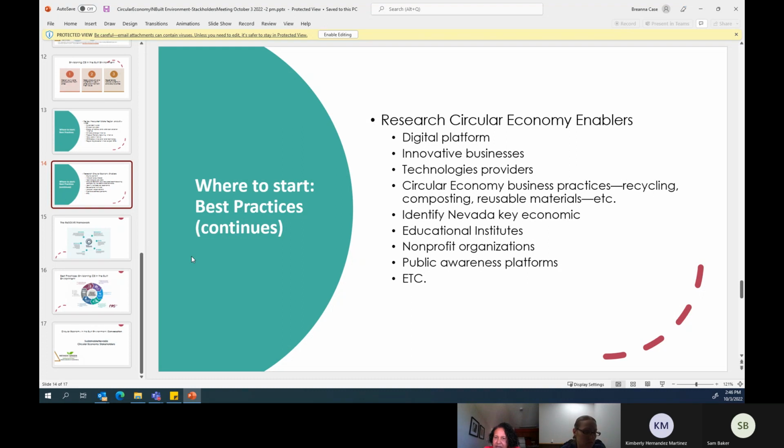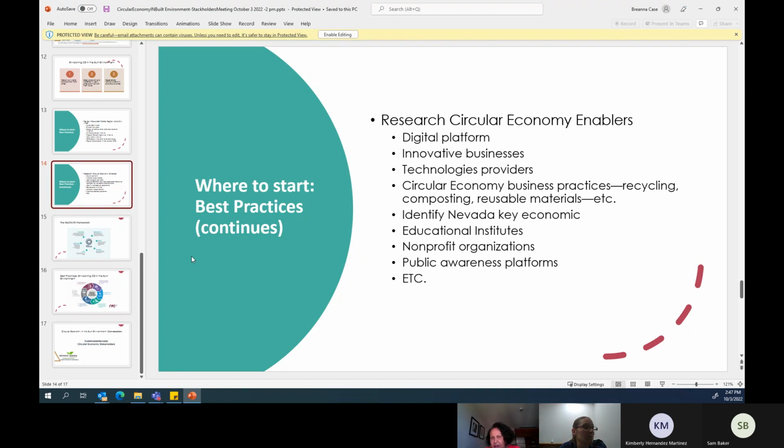And identify Nevada's key economic sectors, which I left out: the mining industry, the entertainment industry and other technology industries. They came here to Northern Nevada especially. We have most of them.